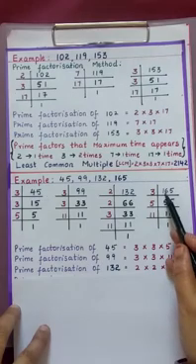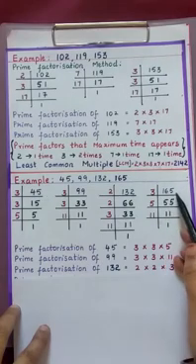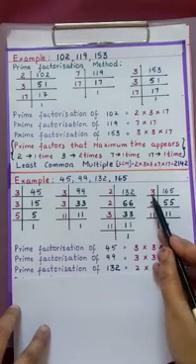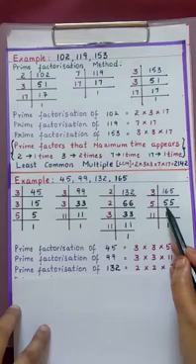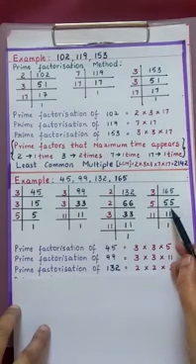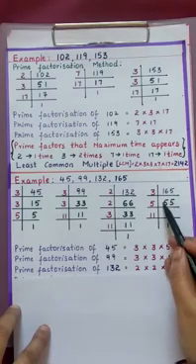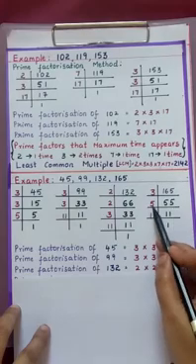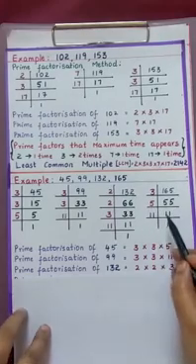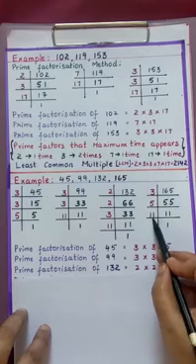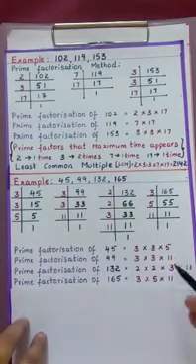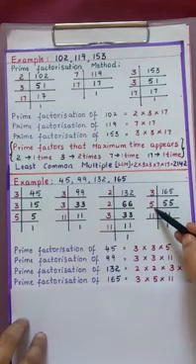Now come to the last number, 165. Here the sum of digits, 1 plus 6 is 7, 7 plus 5 is 12. 12 is divisible by 3. So definitely this number is divisible by 3. So 3 5s are 15. 16 minus 15, remainder 1, will bring down 5. Again 3 5s are 15. So 3 55s are 165. Now again 55 is divisible by 5. So 5 11s are 55. 11 is a prime number, which is divisible by itself. 11 ones are 11. Now the prime factorization of 165 is 3 into 5 into 11.